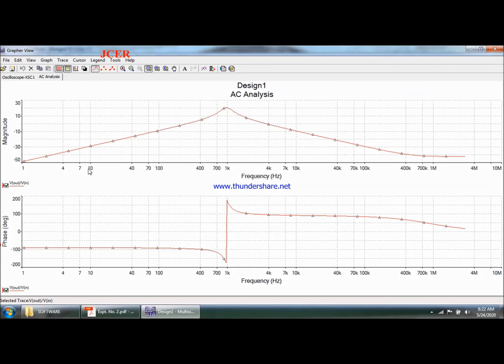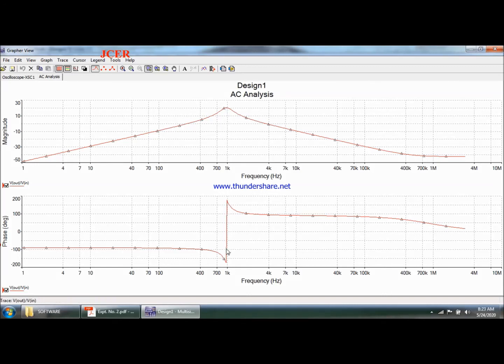Let me make you understand. This is your frequency axis, the x-axis, and your y-axis is in terms of magnitude, in terms of dB. We said that it has to be in terms of decade, so it means 1 into 10, steps of 10 it is able to move. And between one point to another point it has taken 100 steps, as we had defined. So I want to see what the frequency is over here. This frequency is almost near to 1 kilohertz.